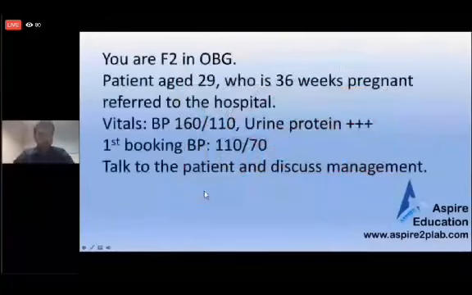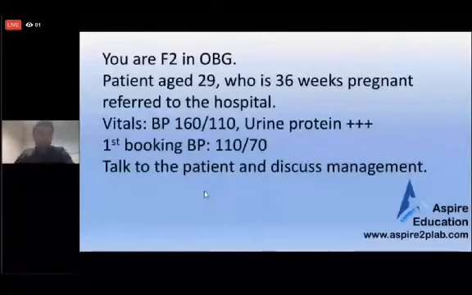VRF2 in OBG patient age 29 who is 36 weeks pregnant, referred to the hospital. Vitals, blood pressure 160/110, urine protein is positive. First booking, blood pressure was 110/70. And talk to the patient and discuss the management. So what you have to do here,